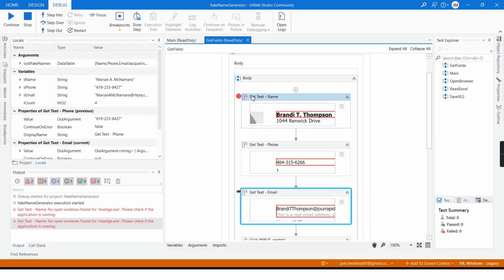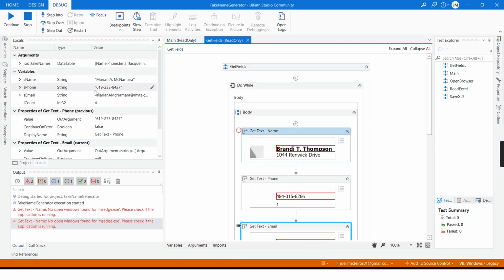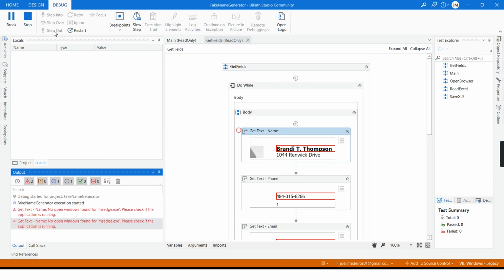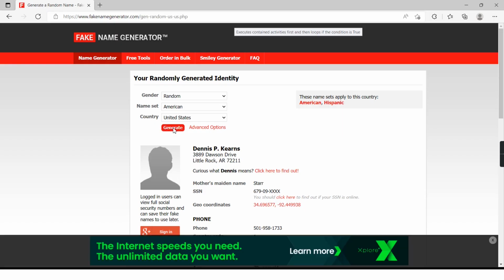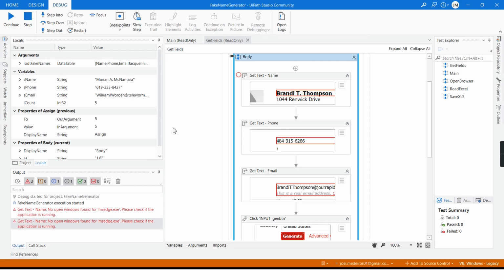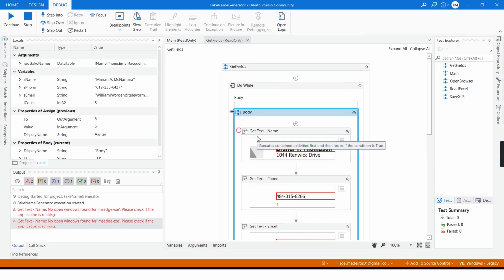And finally, I will remove this breakpoint from here, and I will step out. When I step out in the debug, I'm actually going to the previous scope, to the previous activity.